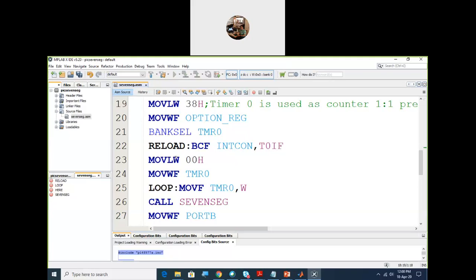If no count is there, initially I want to display 0. If no external pulse is there, I want to display 0. So the initial display value is 00. Now I load that into the timer 0 register, meaning timer 0 gets initialized with value 00. Whenever one pulse appears, the timer 0 value will get incremented by 1, it will become 1.